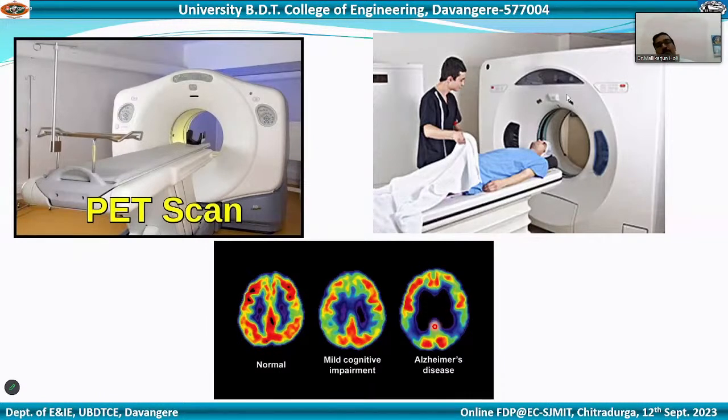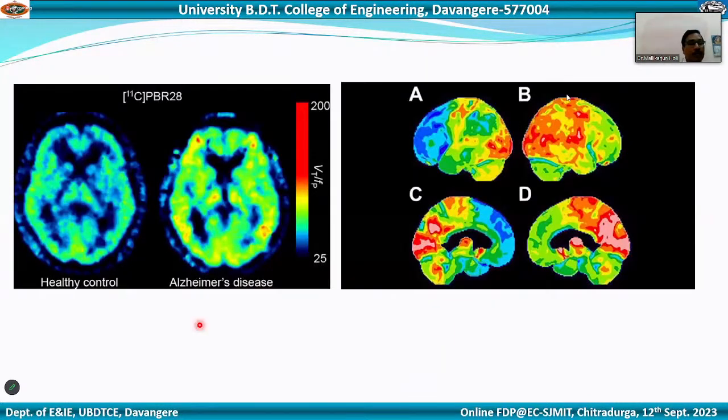The functional aspect you are able to get from the PET images. That is the unique nature. So this is the healthy control. This is the Alzheimer's disease. So we can get the various functionalities of the different activity. Suppose you want to analyze hearing activity, vision activity, or learning activity,